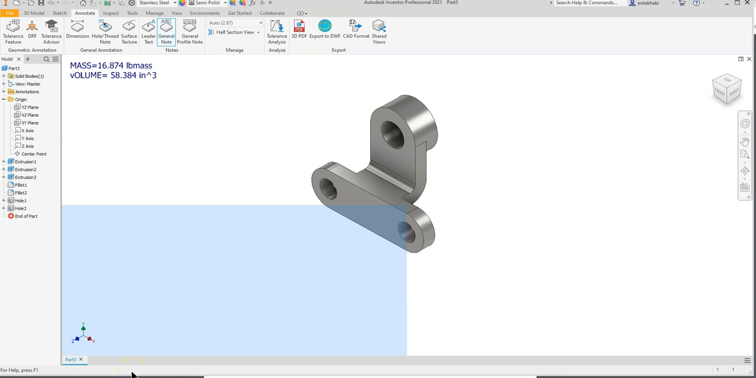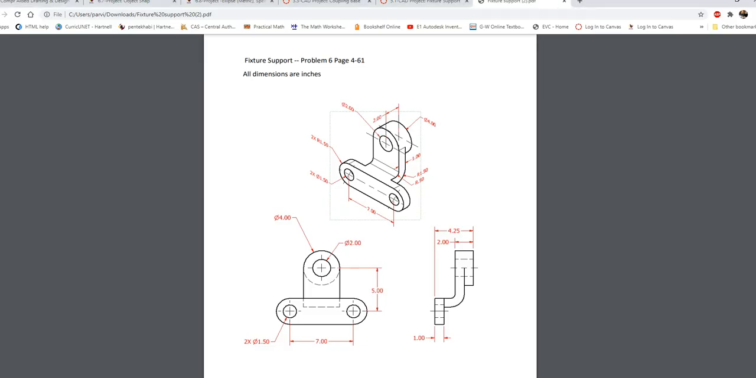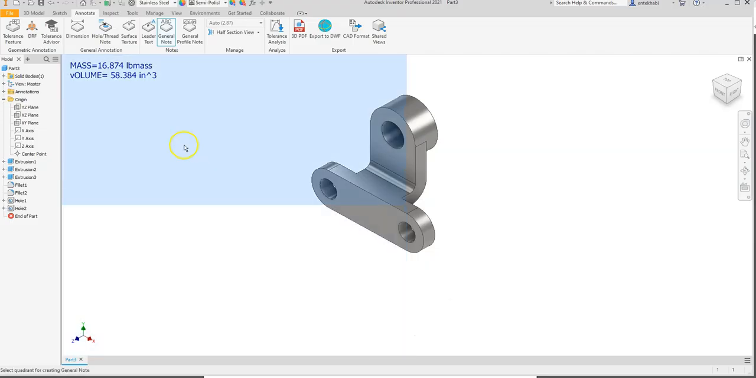As I'm working with this project, Fixture Support, please open your assignment sheet, which I have given you under the same assignment on Canvas. Look to the pictorial and also the two given orthographic views for more detailed dimensions. So we begin this project with a new file